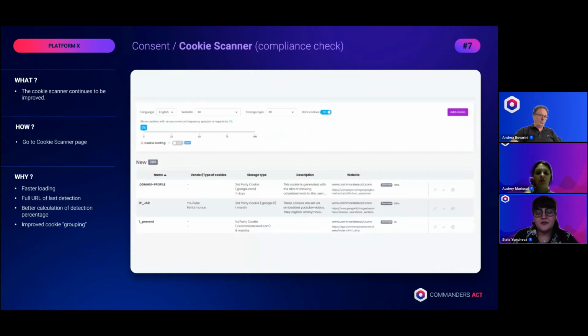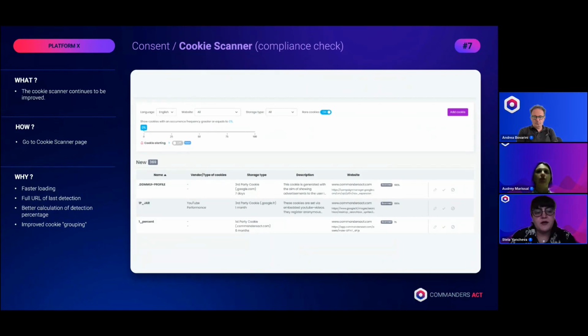Cookie scanner, super nice release feature. I'm really excited about this new feature because our cookie scanner doesn't work like others. First of all, it's getting improved for the ones who already know it. And second of all, our cookie scanner is not like the normal crawlers on websites where you just crawl the website, but it also acts as a user agent where you can actually see all the cookies, also the hidden ones or the technical ones.